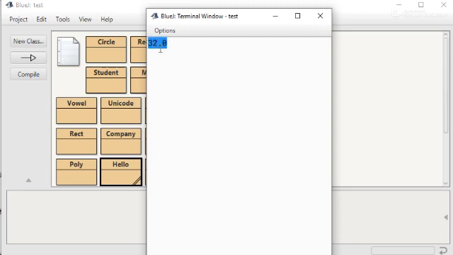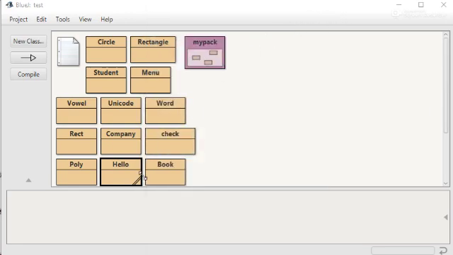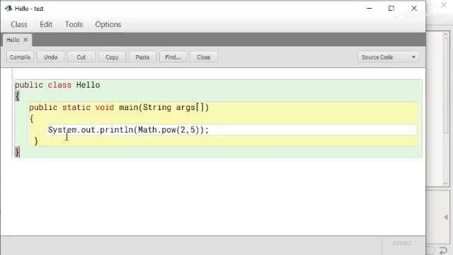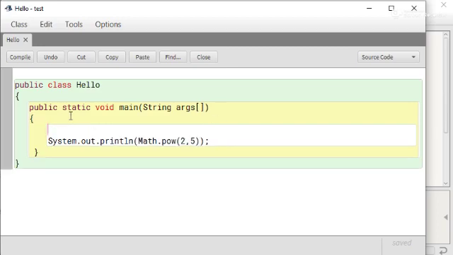We can store this result into a variable also, like this. Close the output window, open your program, and just copy this statement from here, Control C, and create a variable of double type, double r equals to. Now paste the statement here.